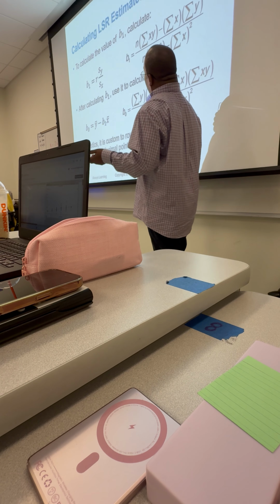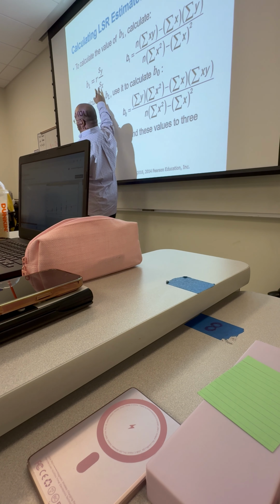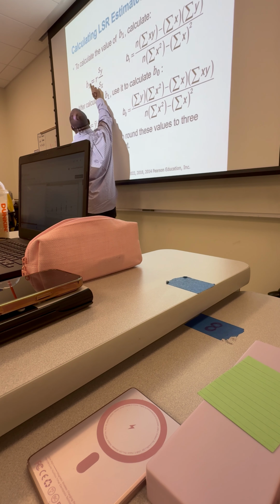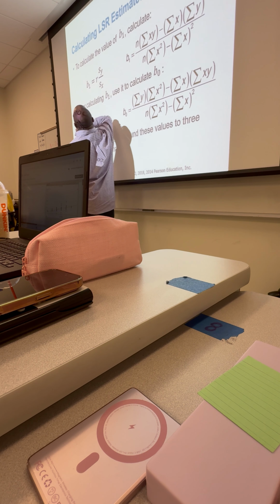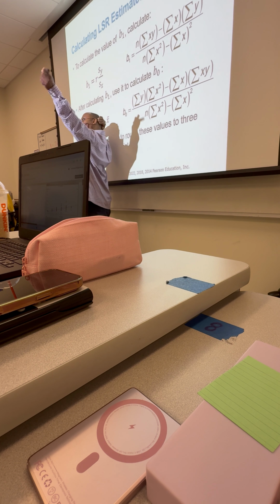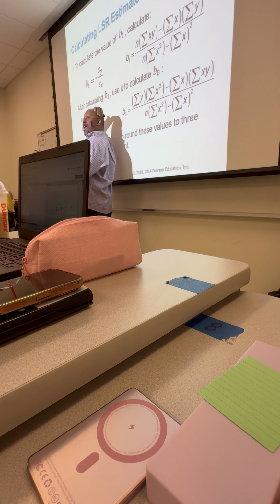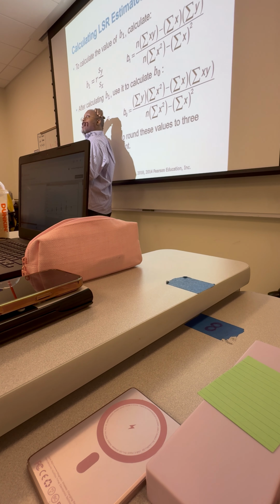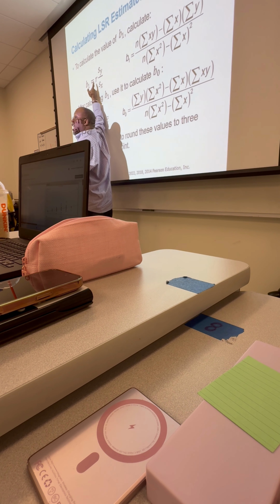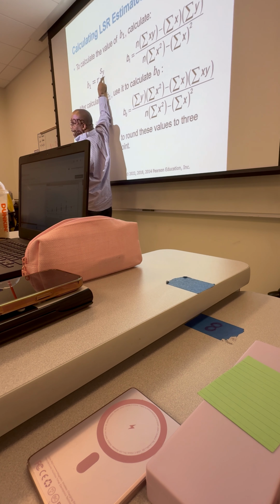Now, these are the formulas that are used to calculate the intercept and the slope. Let's do a quick recap. We just talked about the correlation coefficient, right? What are these? Let's go down memory lane, now that we're getting close to the end of the semester. What was s? First of all, it's a letter. What's the first thing you're supposed to say? Sample. Sample what? Standard deviation is the correct answer. This is the sample standard deviation, but that's the sample standard deviation of the Y data.